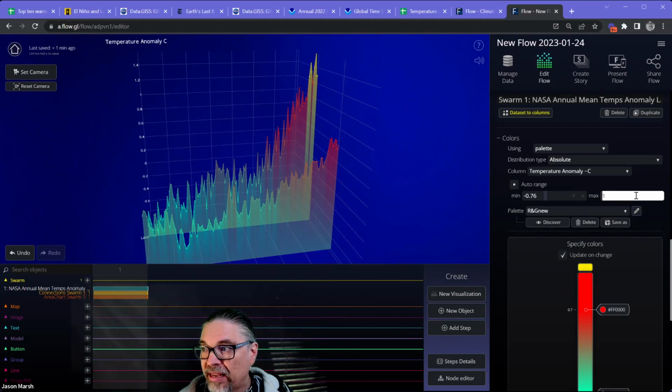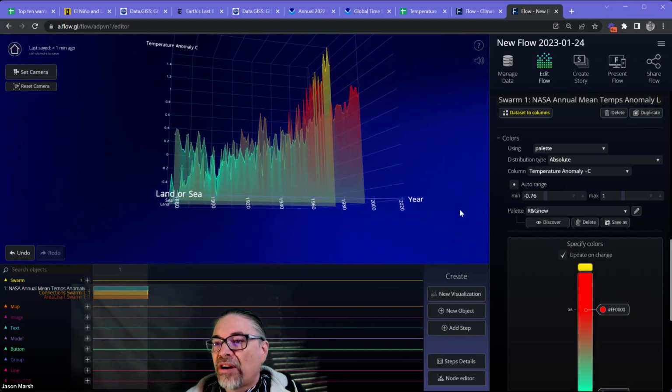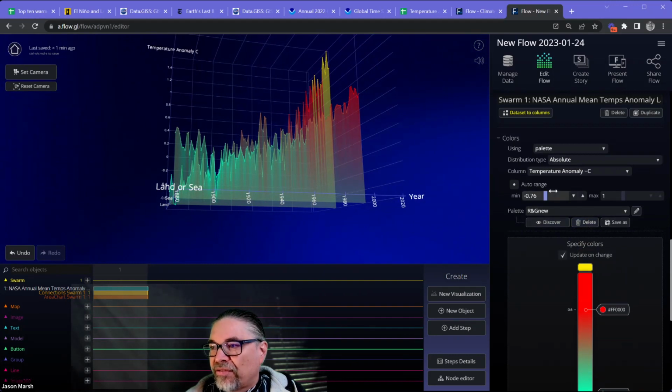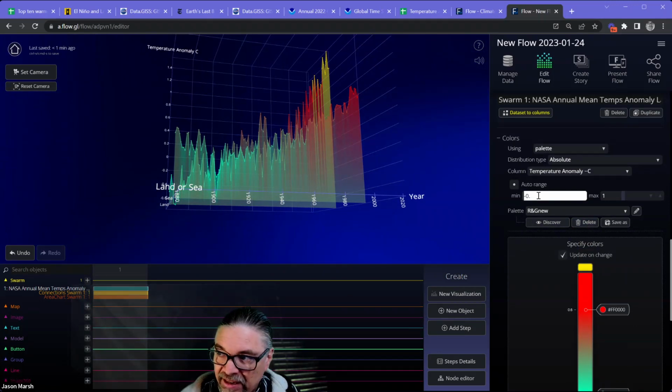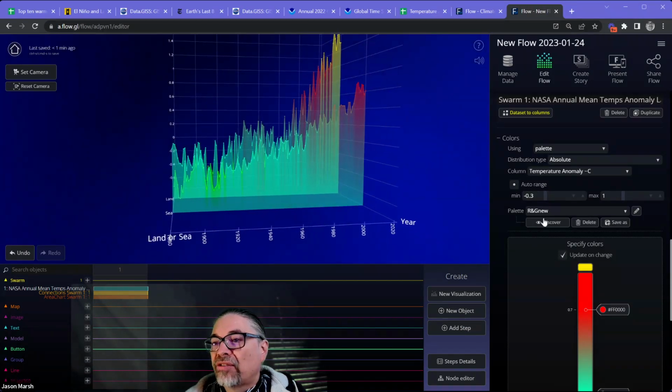Maybe I want to make it 1.0, and you can pick up a few more. And you can do the same thing on the lower end. So the green, that's in the data, the data went down to negative 0.76. Let's go down to -3. And now you can start to see the greens pop up.